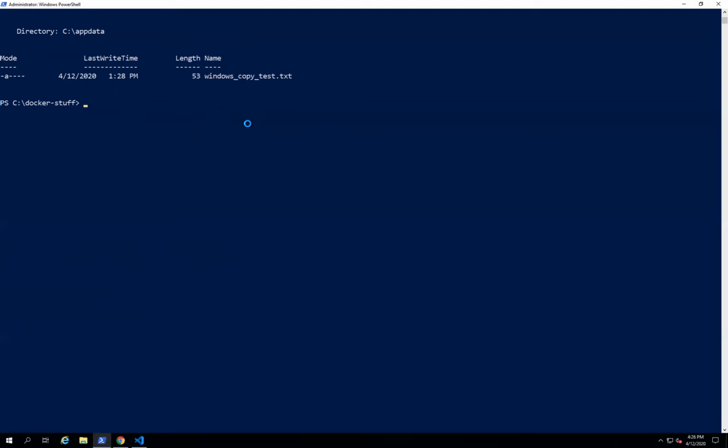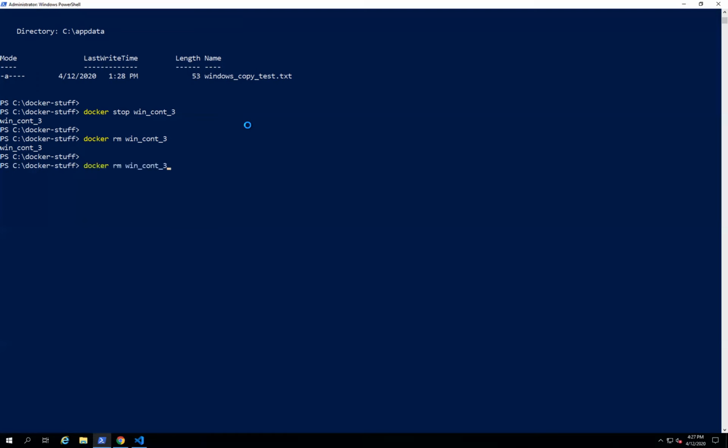But what if the container is deleted? Let's do this. Docker stop win container 3. And let's assume that the container is deleted due to some reason. We don't know the reason. We don't care about it now, because somehow the container is deleted. But what will happen to the data that you have stored inside the Docker container? It will be gone, right? So you don't have any persistent concept for your application data.